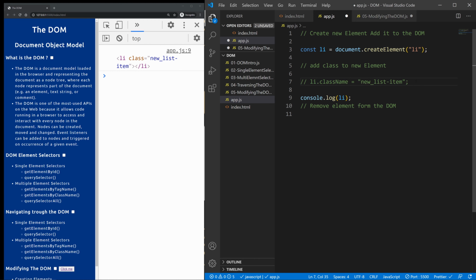Okay, so we console logged it. Let's hit save again. There's our li with nothing in it. So if we now add a class to it and we console log it, we can see we have the li with the class of new list item. Now let's also add